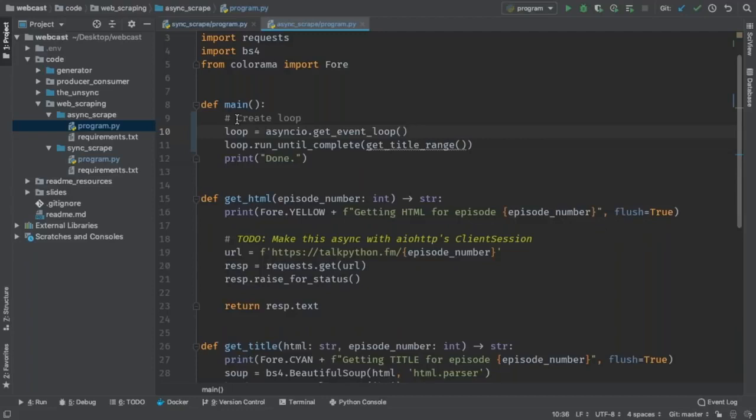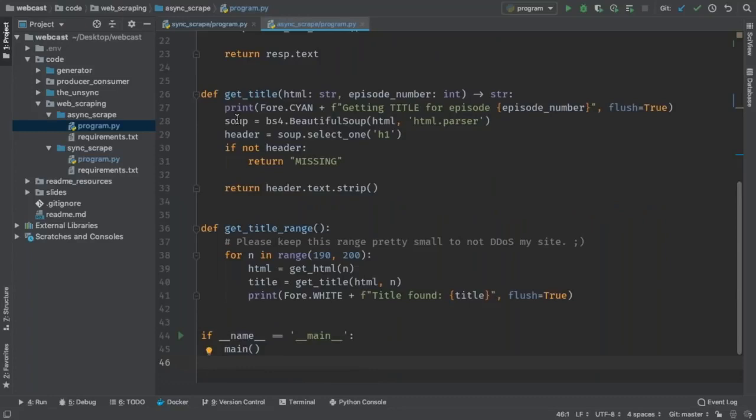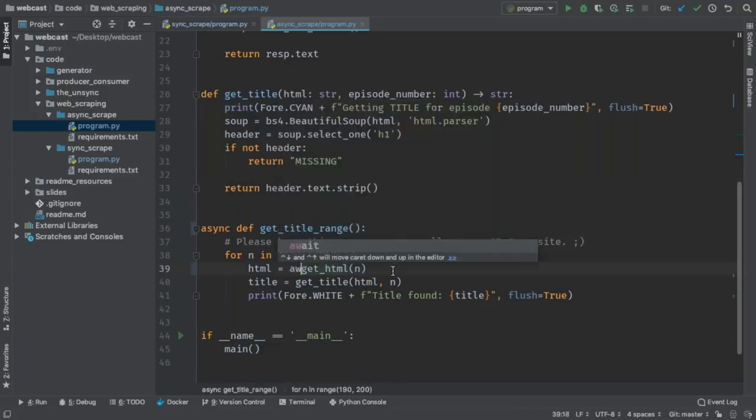Okay, so we're going to need to make that function async. You can see that it's not super happy that we're trying to run an async thing and passing in a non-async output. Now, this is going to be a little surprising because it feels like it should totally work, but it's not going to be the most amazing thing you'll see. Actually, it's super instructive in that sense. So we're going to say that's async. And the get HTML needs to be async as well.